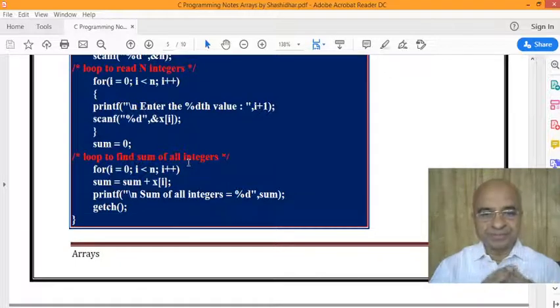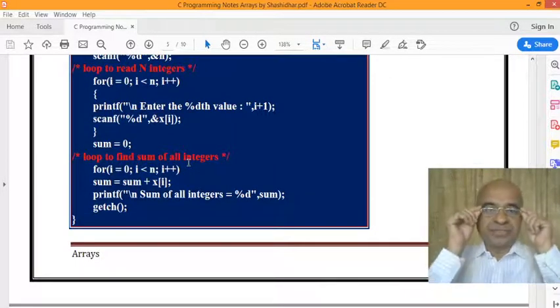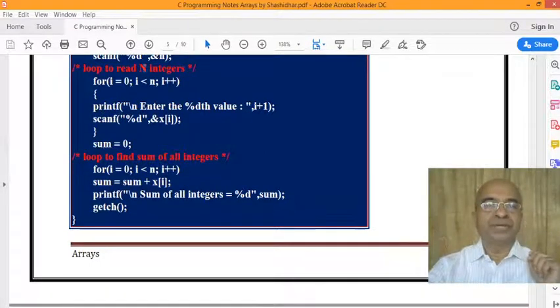This for loop is similar to the loop that we used to read the n integers, using the same kind of code.